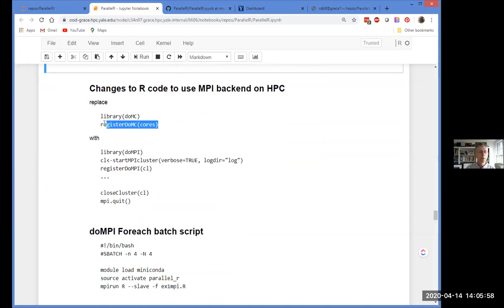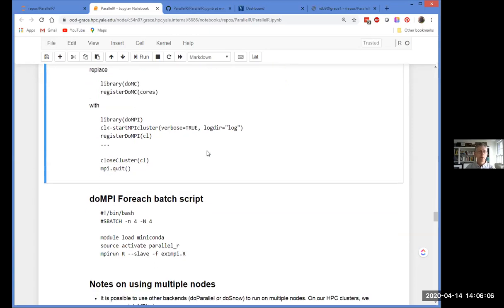Before, we loaded the doMC library, and then we registered some number of cores. To switch that to use doMPI, we need to do this. We load the doMPI library, then we create an MPI cluster. These other lines are not necessary. These are options that help in debugging, so I recommend that you do them.